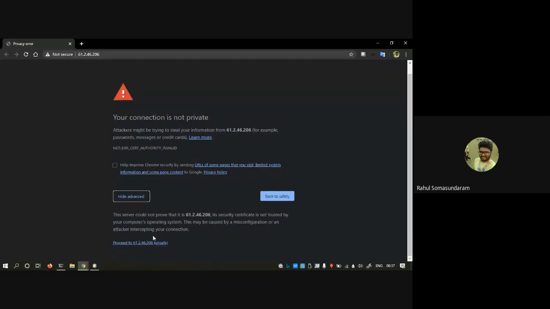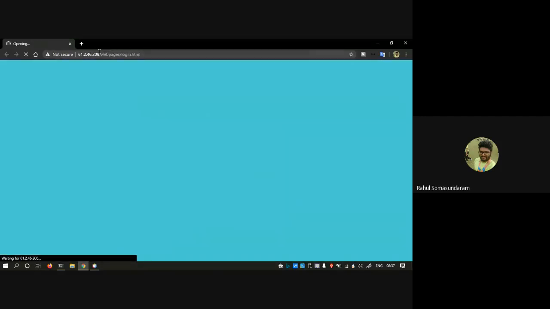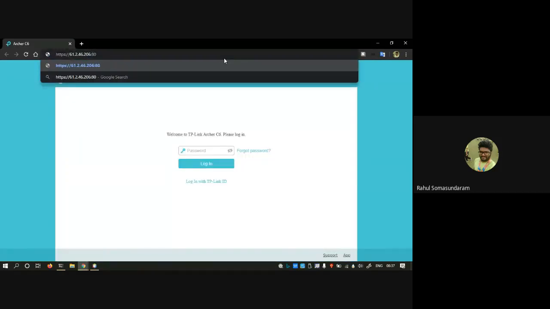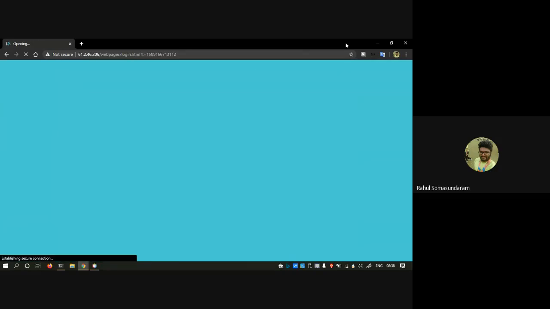So what happened is that by default, port 80 is appended to it. Port 80 is implicitly added to the IP address when you open the browser. This is because of the HTTP protocol. Only the browser communicates via HTTP or HTTPS. So when you hit the IP address in the browser, or type a URL like www.google.com, port 80 is appended by default, and you will be able to open this page.